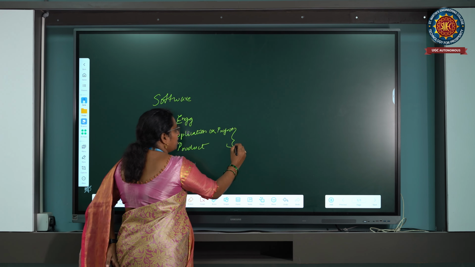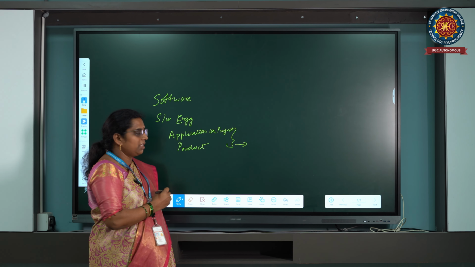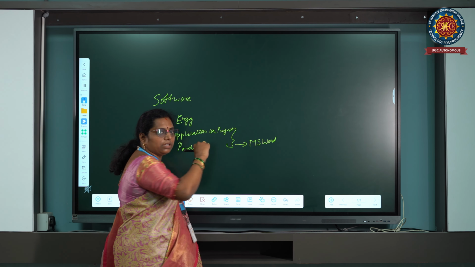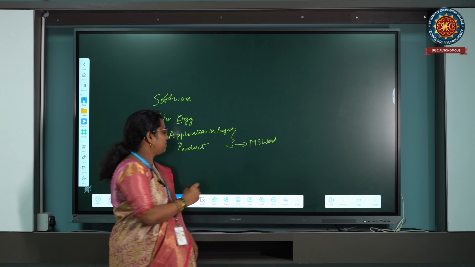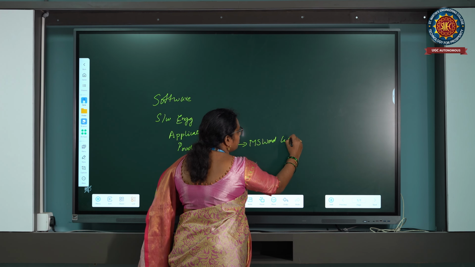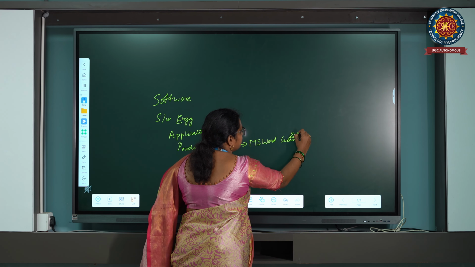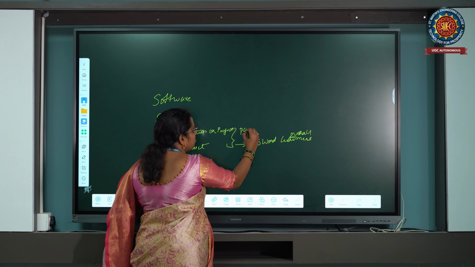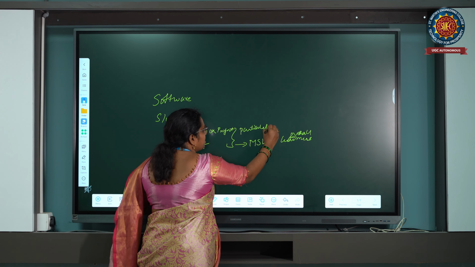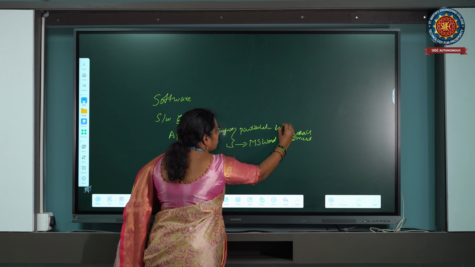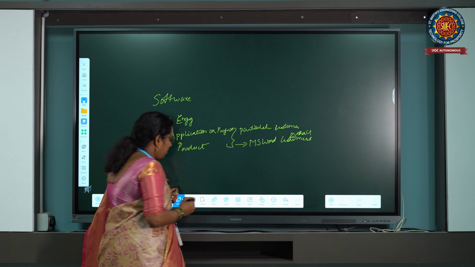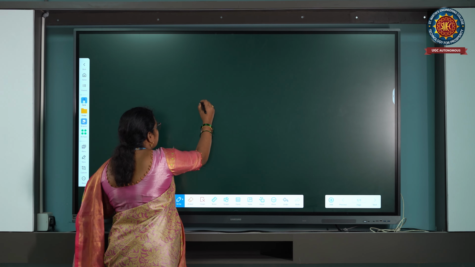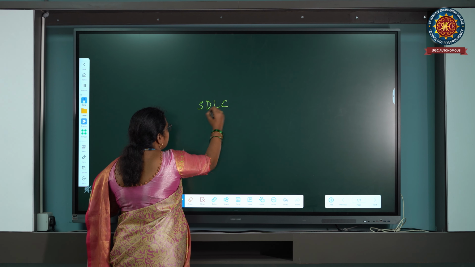Now, generally, in our daily life, we'll be using MS Word, right? This we are using for common people, right? This is called as the product where it is used for the overall customers. Next, for a particular customer, you are going to develop the project. This is called as project, right? Next topic is, we'll be learning what are the steps involved in SDLC, right?